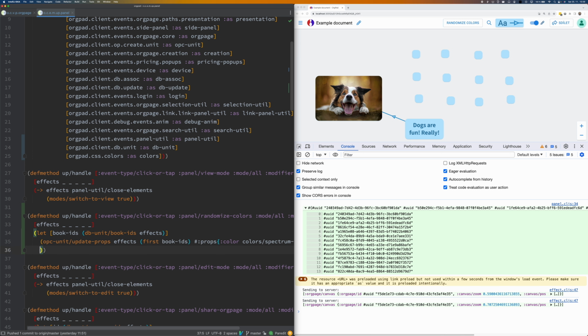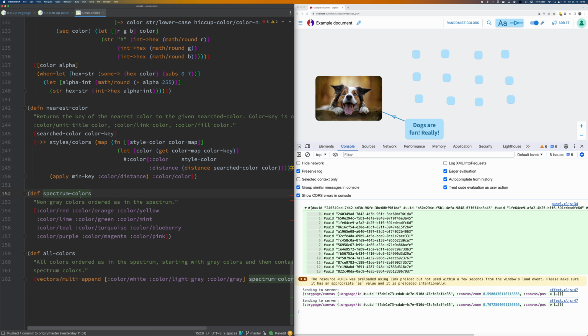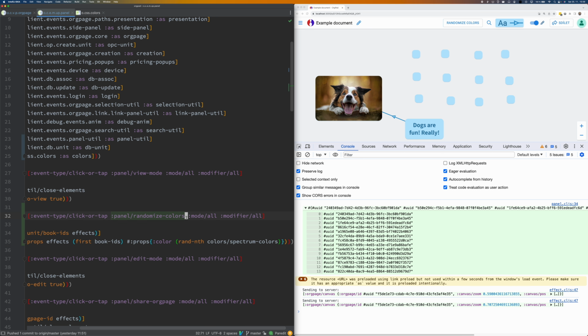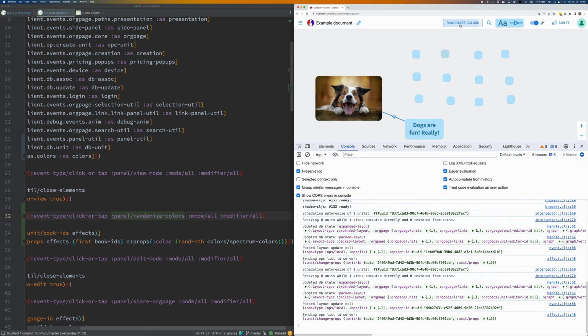So spectrum colors is a sequence of all colors in OrgPad, and I do rand nth. So I select a random color out of this vector. So let me save this now. And yeah, it just now recolors this single unit here.